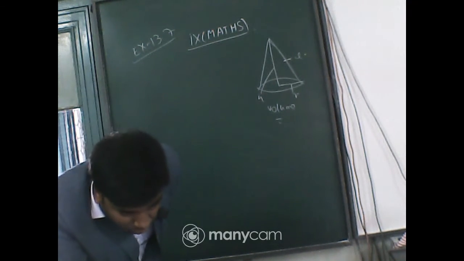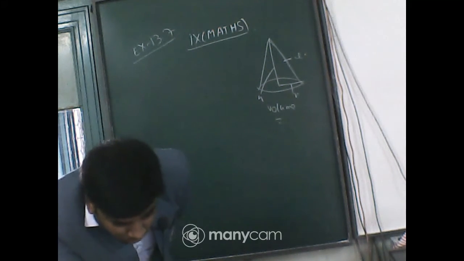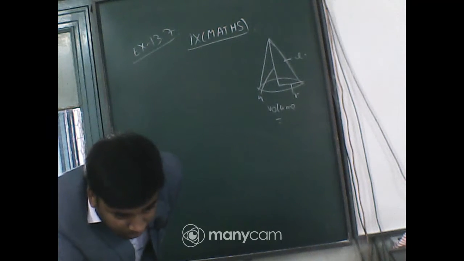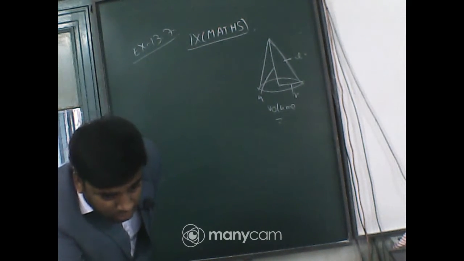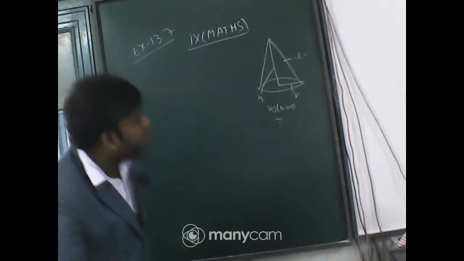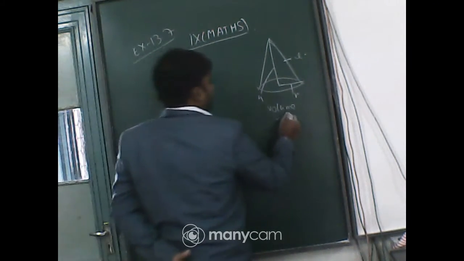1/3 pi r square h. Who answered first? Shubham, very good. Rakib, 1/3 pi r square h. Sangam, 1/3 pi r square h. Okay. So volume formula is 1/3 pi r square h,